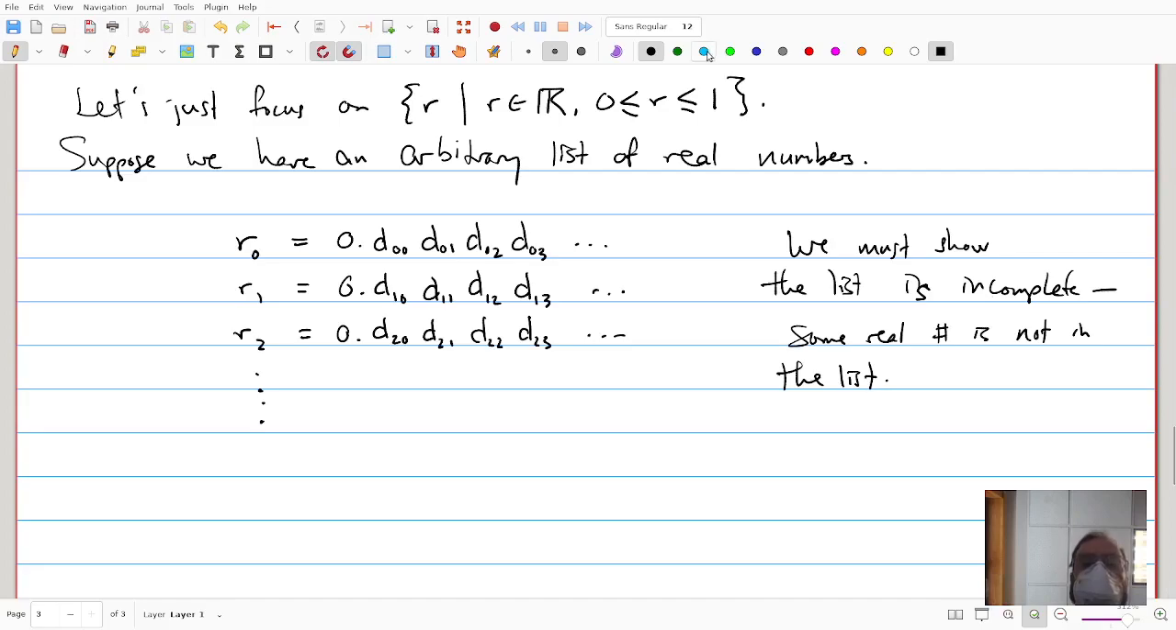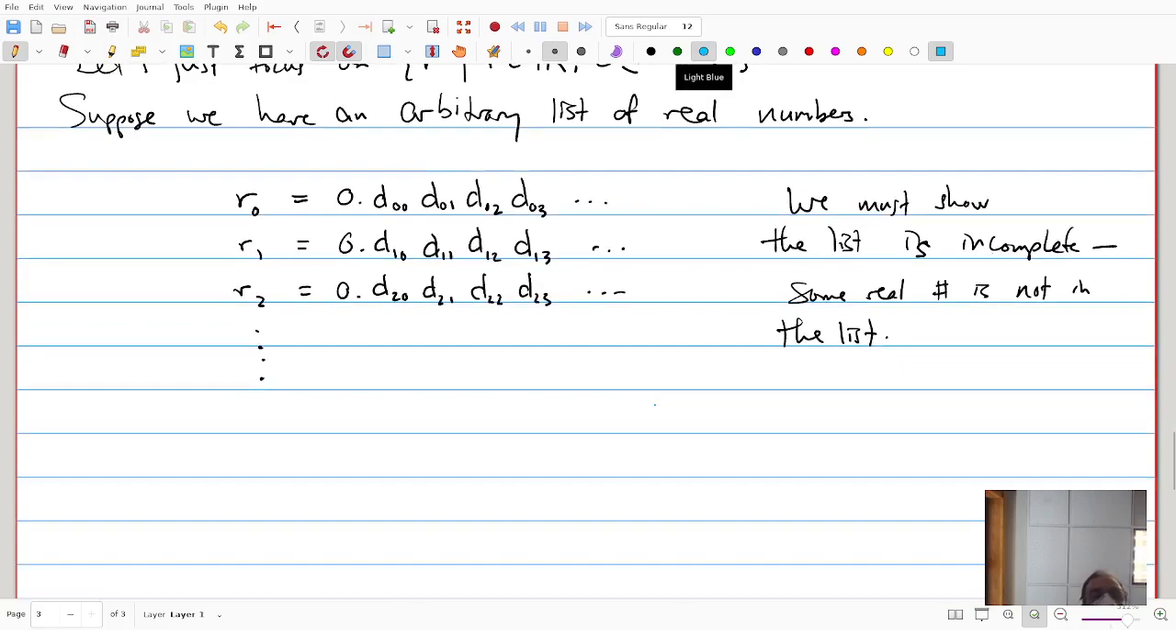Well, here's what I'm going to do. I'm going to describe for you a real number in such a way that it's not going to be on the list. So, create a real number, 0 point, we'll call it C0, C1, C2, C3,